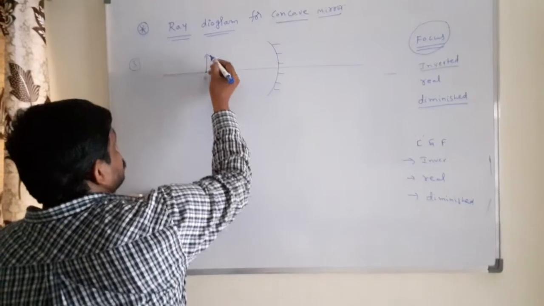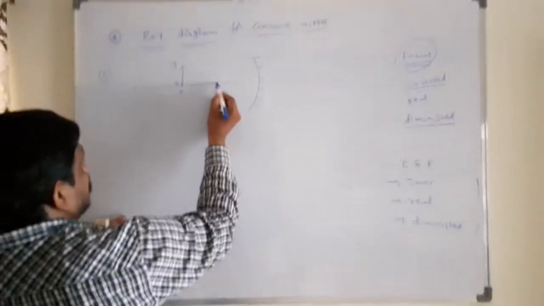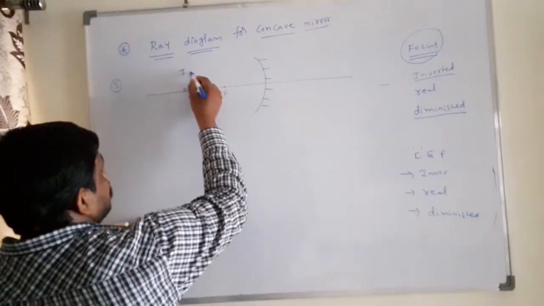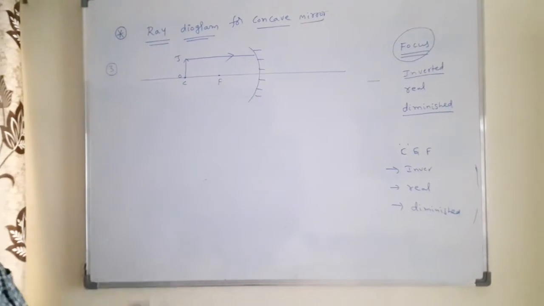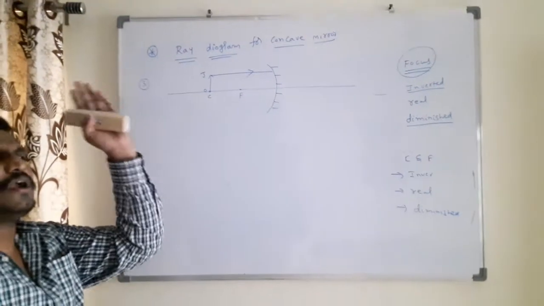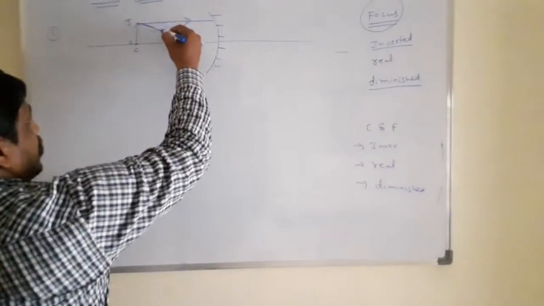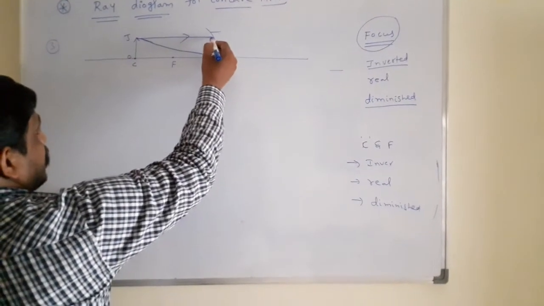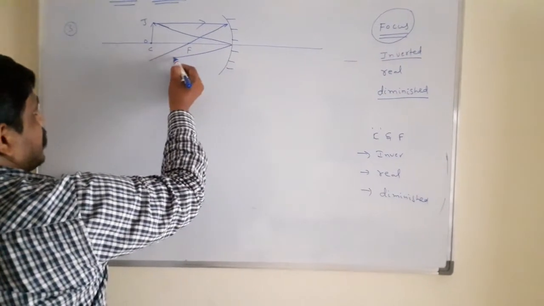Look here, this is the object. Generally the object is denoted by OJ. Here this is the principal focus. Here the object illuminates the light. In the chapter called ray optics, light propagates in the form of straight lines, Nana. Look here, Nana. Light falls here and is reflected, Nana. Reflected here.